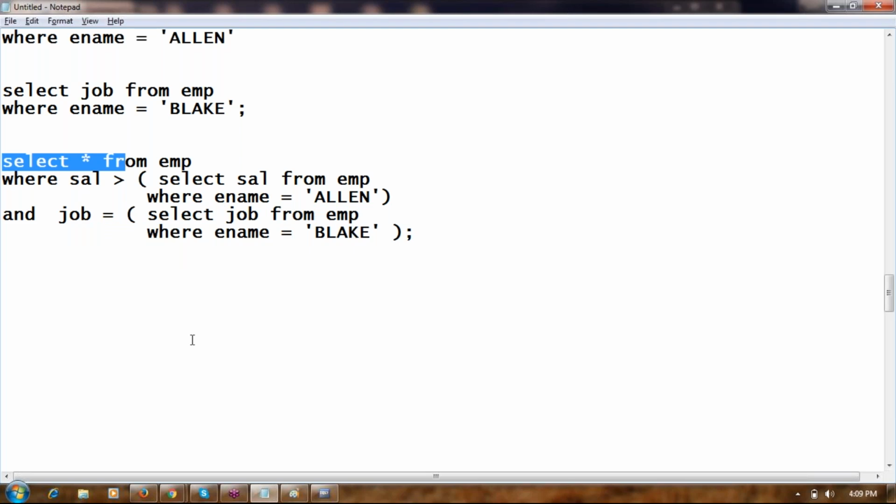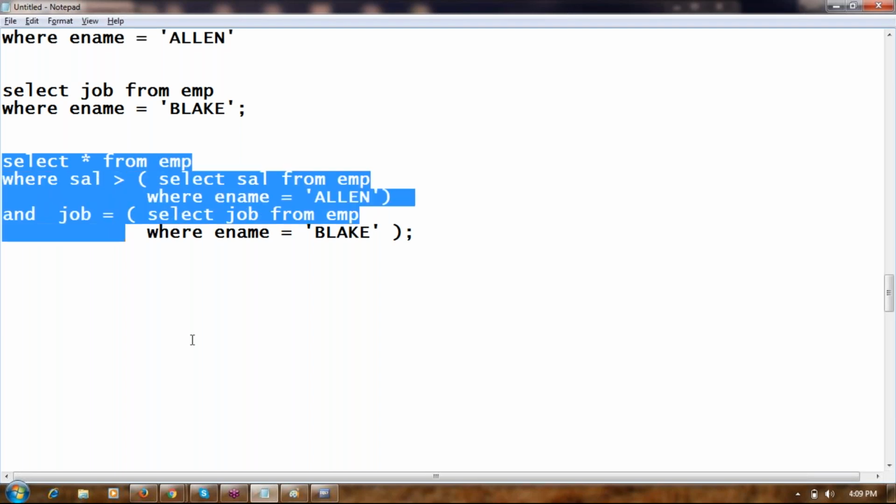Any queries, Dilavar? So what if these two subqueries are interchanged, like job comes first and salary comes after? No, the output will be the same.